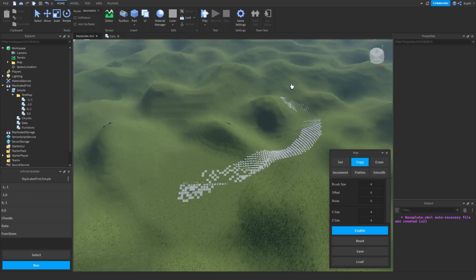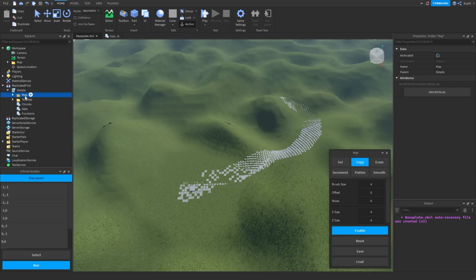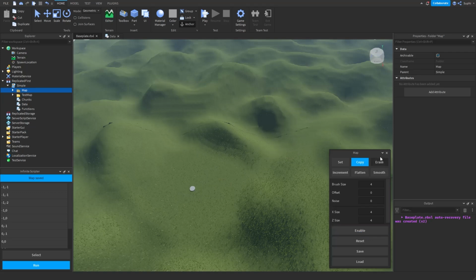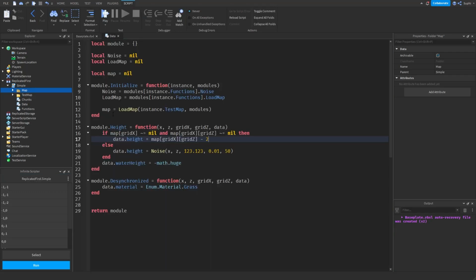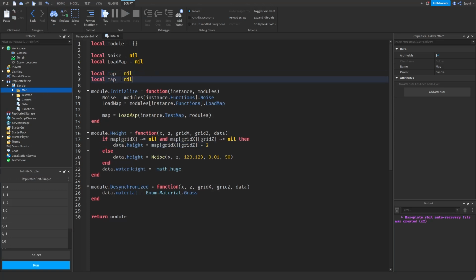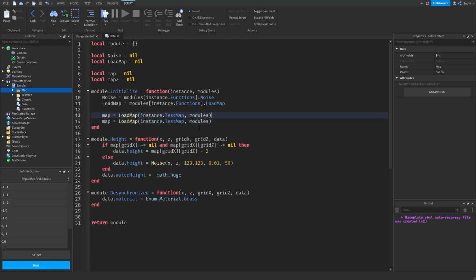And now I can use this map to set the material. So let's save a new map. So I'm going to press save, and I can turn this map off. I can close this window, and let's load this second map into our data table. So I'm going to call this one map 2, and I'm going to load it in the same way we did the other one. So this one's going to be called map,